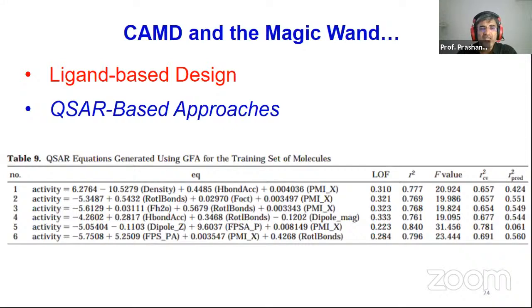So basically, it's a mathematical model. You have an activity as a dependent variable, and on the right-hand side a collection of independent variables, and there are some statistical parameters associated with that, like the correlation coefficient or coefficient of association, and then the F value, statistical significance, cross-validated R square pred. Based on these parameters, you use one model for predicting the activity of molecules before synthesis, right?